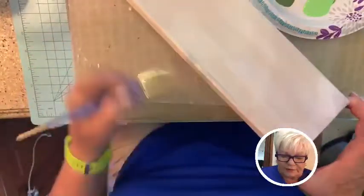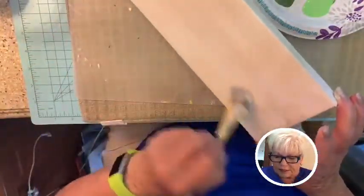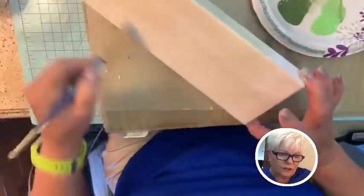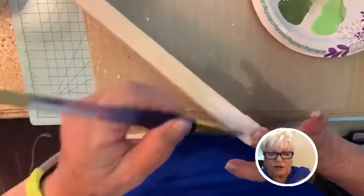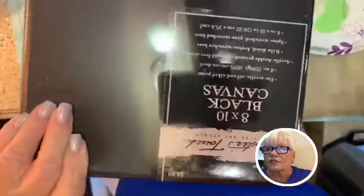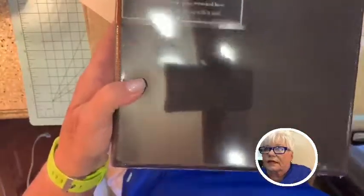Now I have the one that we'll be doing as well as this one. We've got 3 canvases, and it's unlike something I've done before too, but I want to try it because I might be doing it in a class, and it will be a black canvas. I had bought it to use for something else, and I thought, let me just try this and see how I like it. And you'll see, it doesn't need to be primed or anything, so I didn't even bring it out except to show you. It's a Master's Touch blank canvas, and it is an 8 by 10,